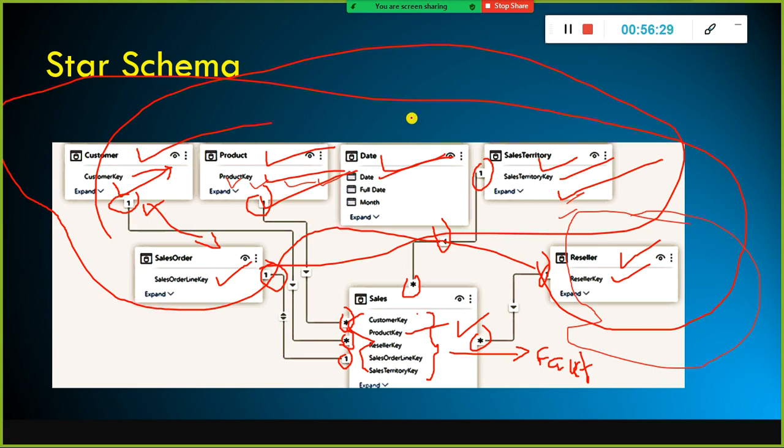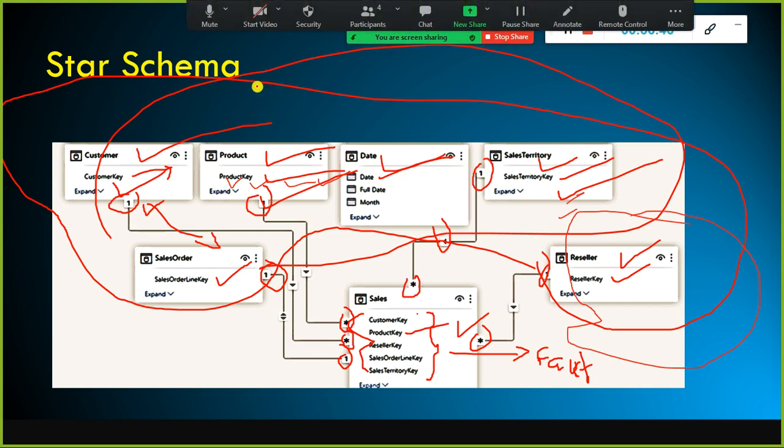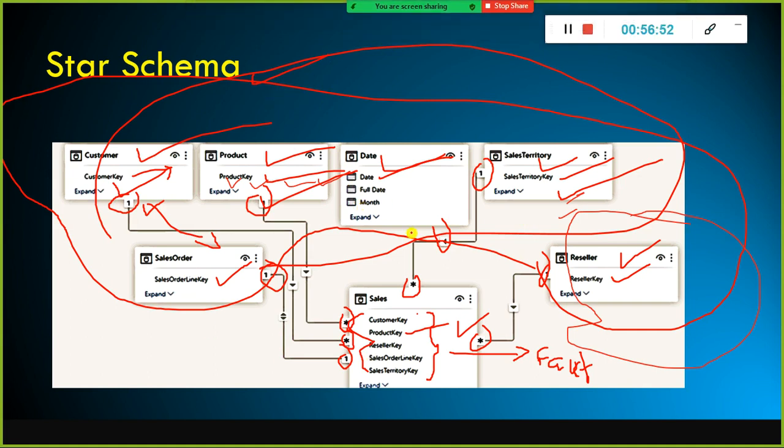We have something else called a snowflake schema. Now I understood that if a fact table is surrounded by multiple dimension tables, we call that a star schema.